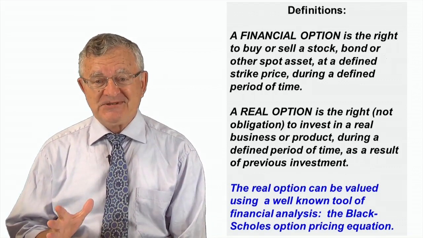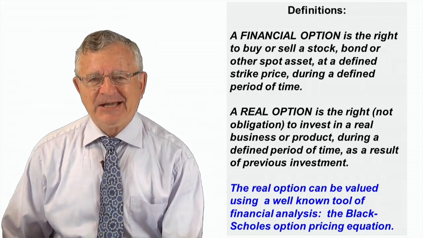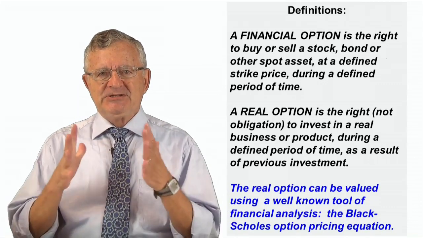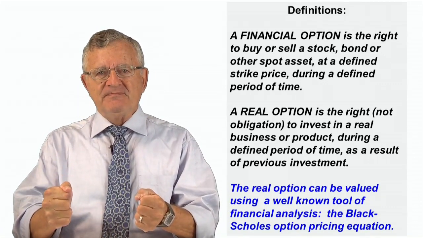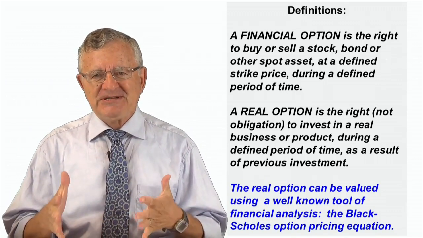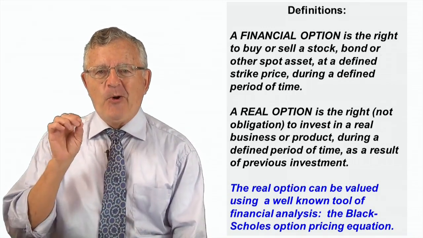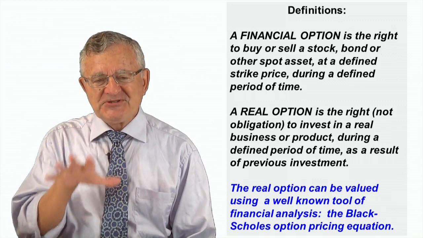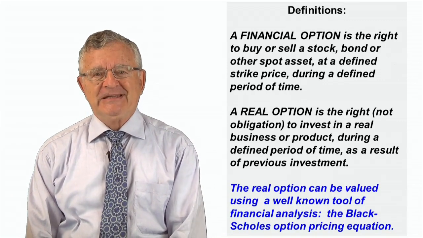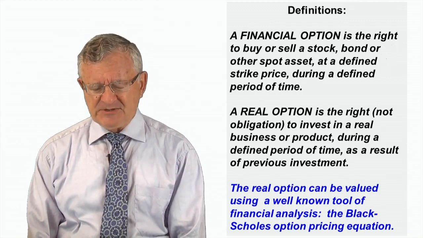They made a lot of assumptions. The formula probably is not exactly accurate because of those assumptions, but so many people jumped on it, adopted it, and used it that the Black-Scholes option pricing equation itself has now become reality. Because if everybody believes it and uses it, then all option prices will conform precisely to that equation. A good example of how perception is in fact reality. And so the financial option market